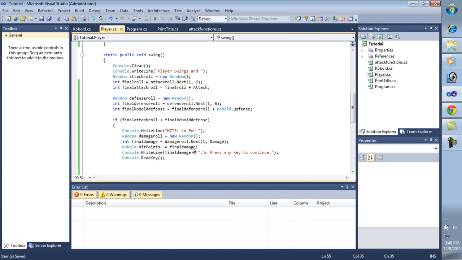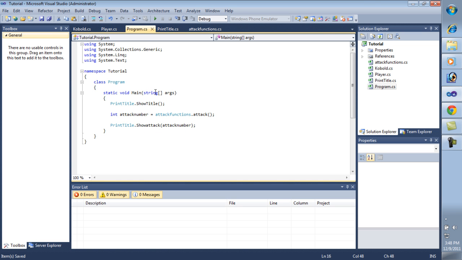So that should freeze us there. Now I'm thinking, well, we have nothing saying what the player or the kobold has to begin with. So that's where we need to go back to our original program, and we're going to show the title. Once that title comes back and it's done, then we need to do